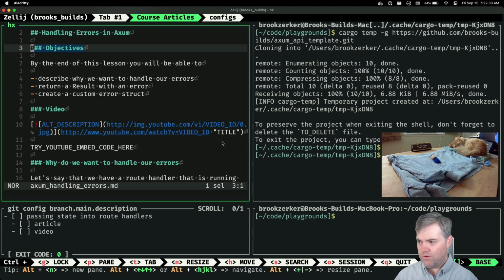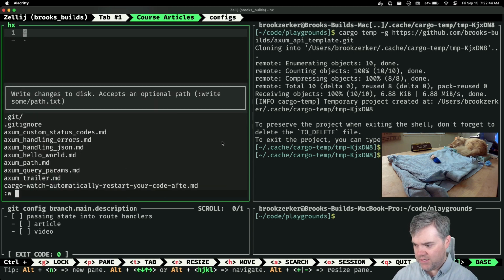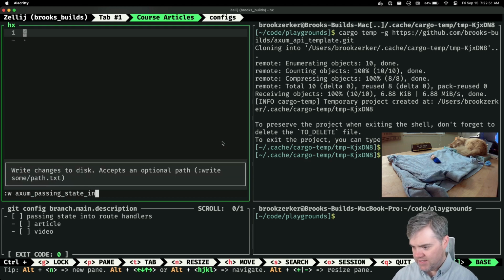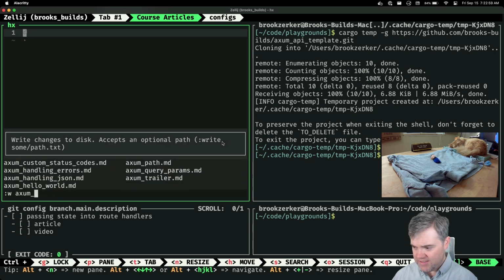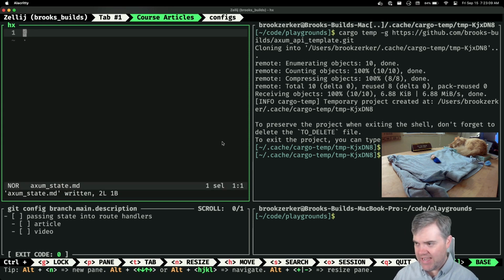Let's see. So we'll keep this. Let's go ahead and copy you because I'm not sure which one I want to use yet. We'll create a new one, and this will be Axum. Passing state into route handlers is like the skill to do, but maybe just Axum state. I'll just call it Axum state.